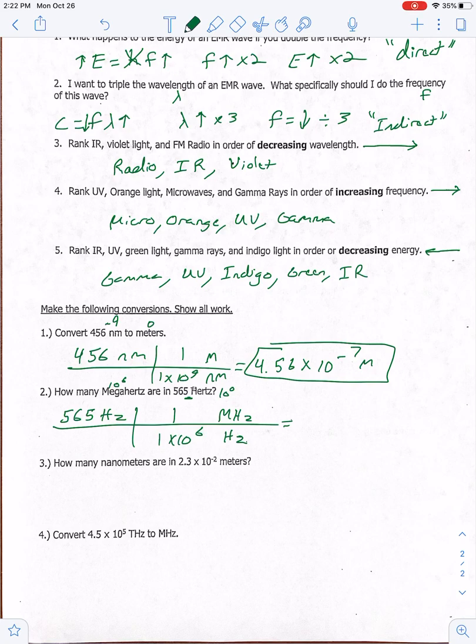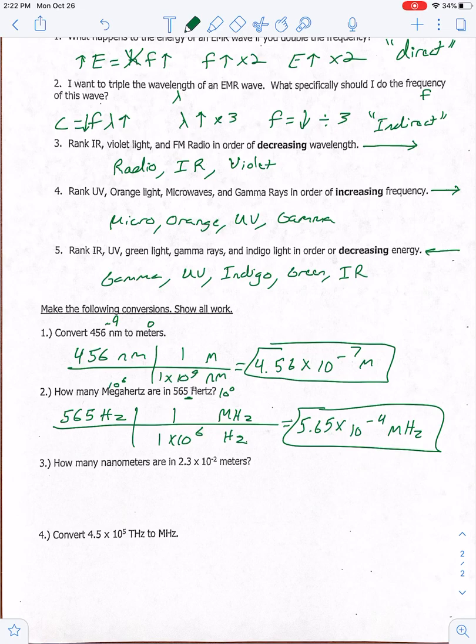So 565 divided by 10 to the 6th power. Okay, and I get 5.65 times 10 to the negative 4 megahertz. Again, if you have a different way, if you count decimals, that's fine. This is just the easiest way because you will see dimensional analysis a lot more, so this just gives you practice in doing it. Number 3, how many